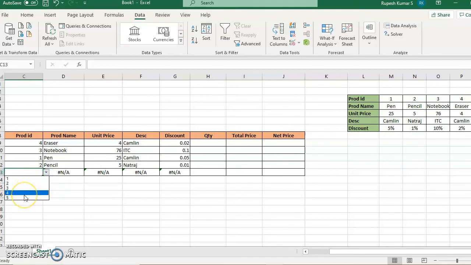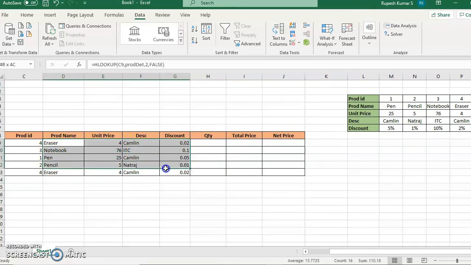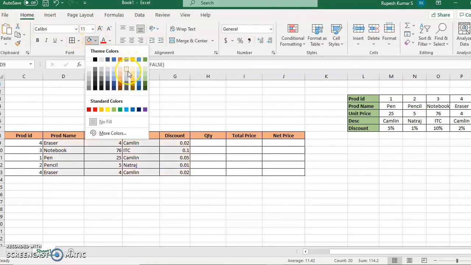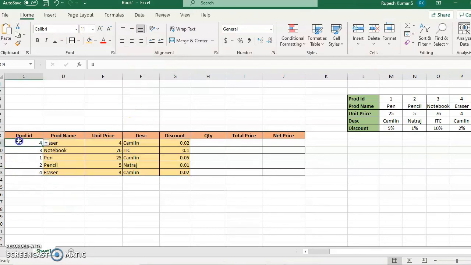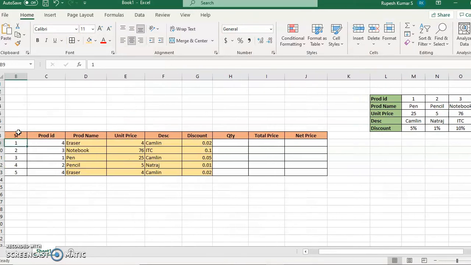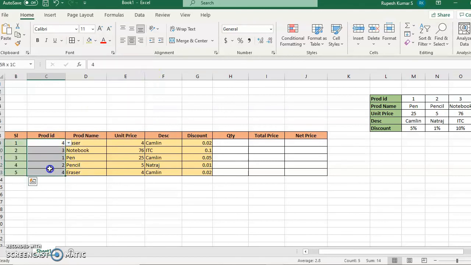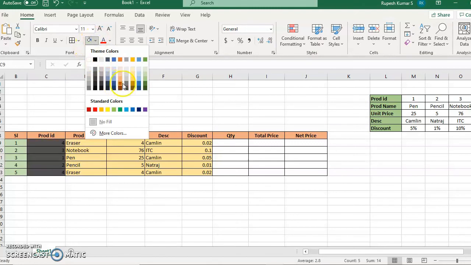And the moment I am selecting the details, you are able to see everything is coming fine. So these places have a formula, so I am giving a different color. It's your wish how you want to format your data sheet. This we are selecting, this we have already given. Okay, so this I'm giving one more color, let it be something like this. This is what we are selecting.